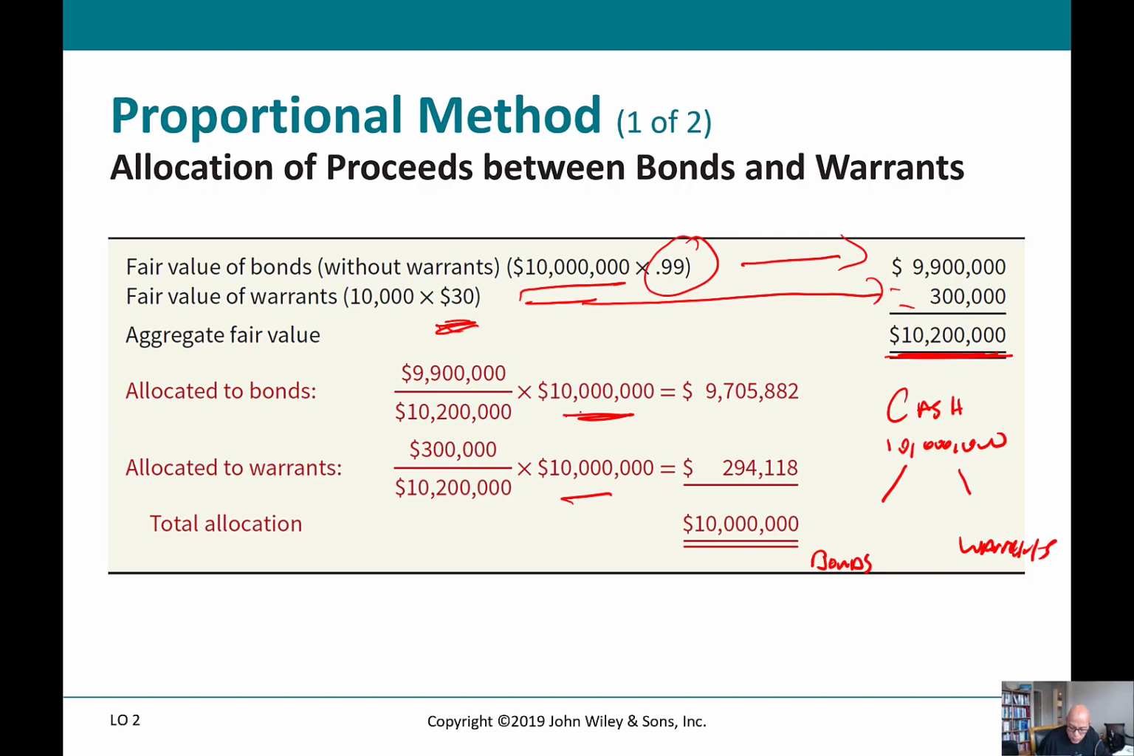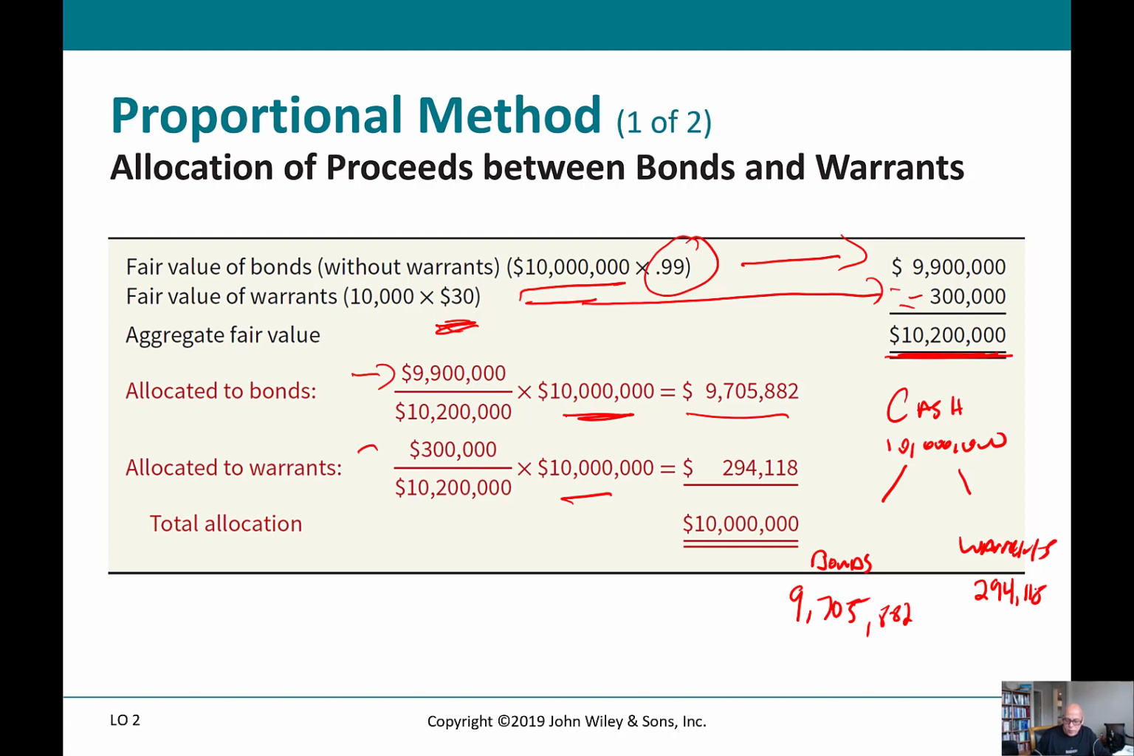this amount was supposed to go to the bonds. I just come up with that ratio and I say, okay, the bonds then issued for $9,705,882. And then for the warrants, I use their relative value here, and that math comes to $294,118. Okay, so I have now figured out how much goes to the warrants, how much goes to the bond